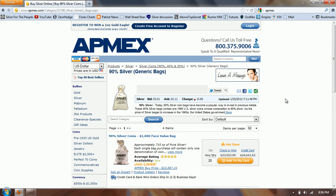But I wanted to take you to the generic bags here, and that's something I always go back to. I actually have quite a number of the generic coins. This is going to be the US junk silver that is going to be the coins minted from the early 1800s or so, late 1700s. The nickel, now there are silver nickels. There are 3 years in the war years. I believe it's, correct me if I'm wrong, 42, 43, and 45 on the nickel were